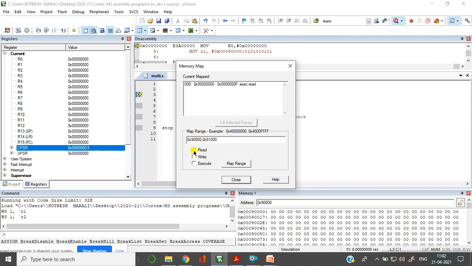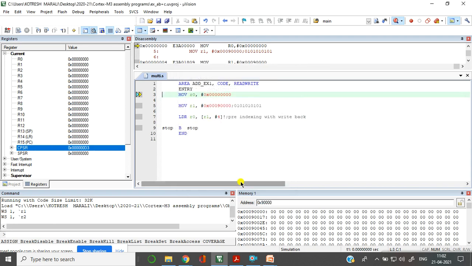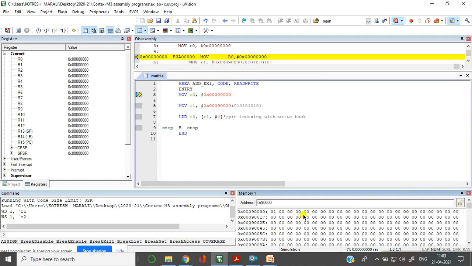I'll set read, write, execute, map the memory range, and close this. So we have chosen the data 01, here also 01, and here also 01. Now here 02, 02, 02, 02. Okay. Now after the execution of this LDR R0, [R1, #4]!, with the exclamation mark, what should